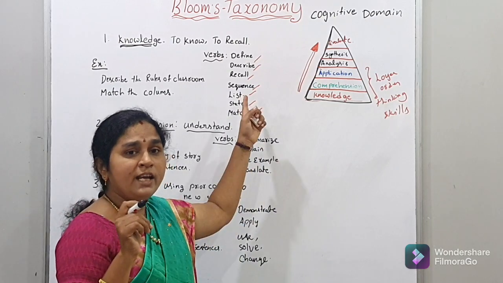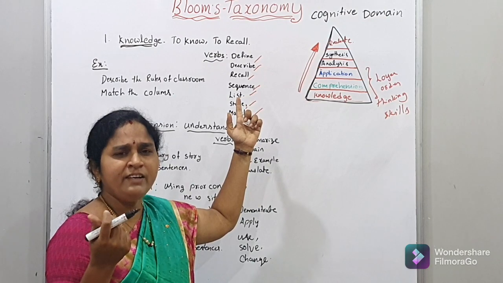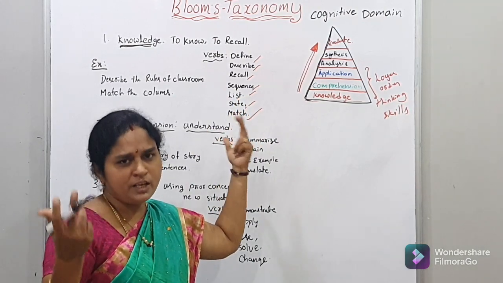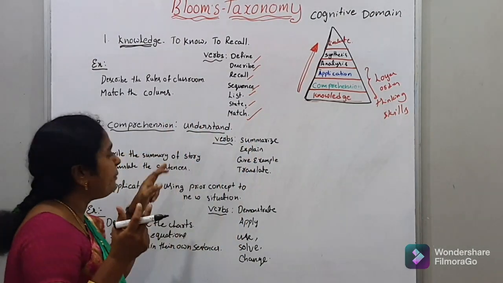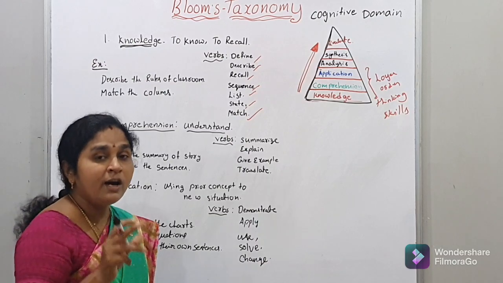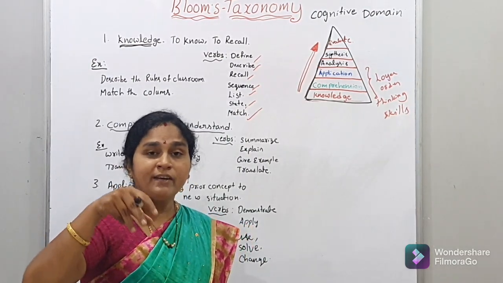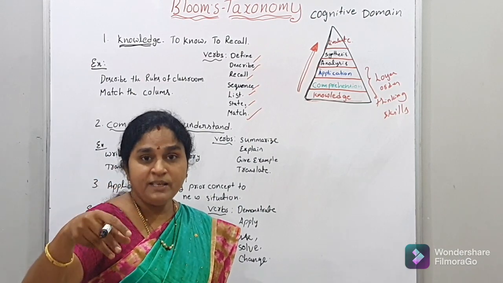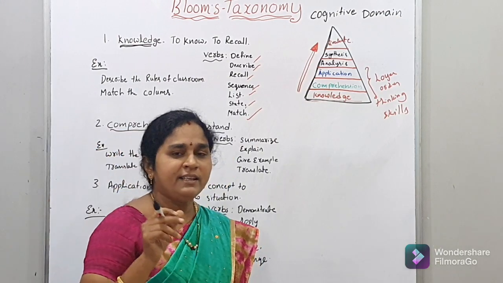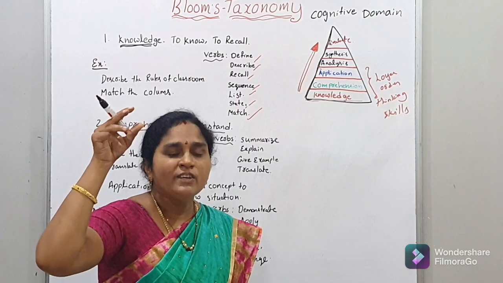But in the knowledge level, we are giving the explanation to describe or define. We say the lemon is yellow in color, the lemon is a round shape, that's all. But here in the comprehension level, we say the lemon is yellow in color, the lemon is a round shape, and the lemon has vitamin C. Like that we can understand about the lemon. That is more focus on the subject.